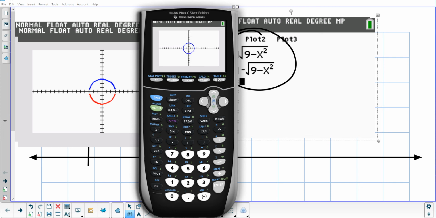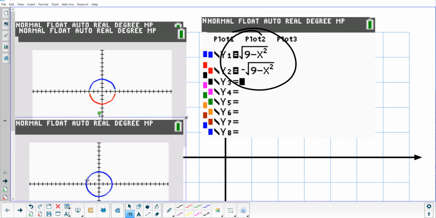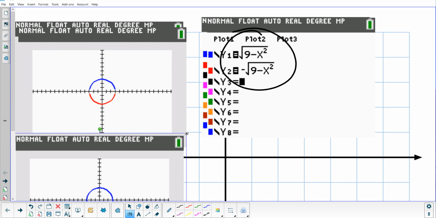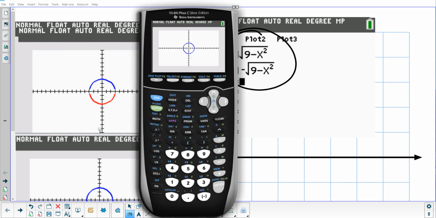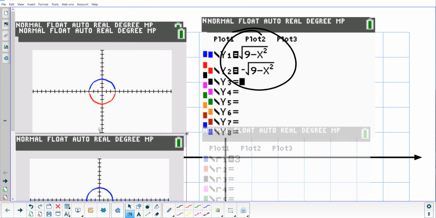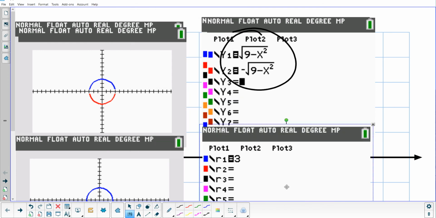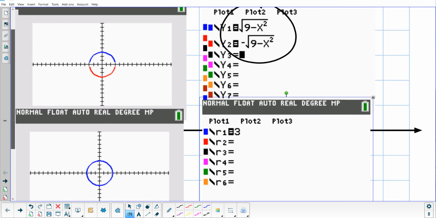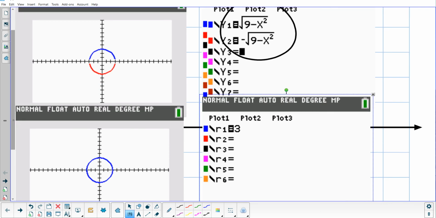And that's it. So to get a circle using a polar coordinate system, all I had to do was type in a single number. Typing in a single number is a lot simpler than typing in all that stuff. And this graph looks a lot better because it actually looks like a circle. All right. So I just want you to see how much less stuff you had to type in polar to